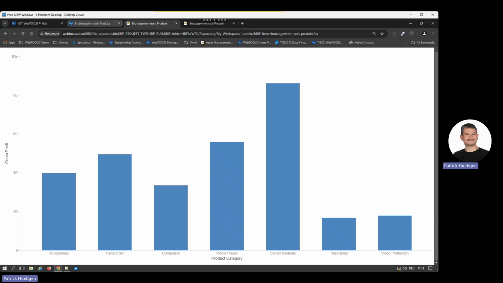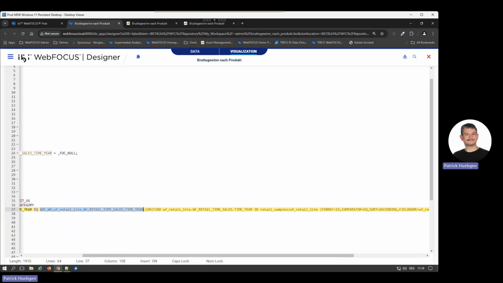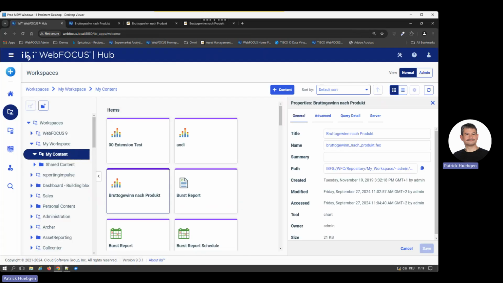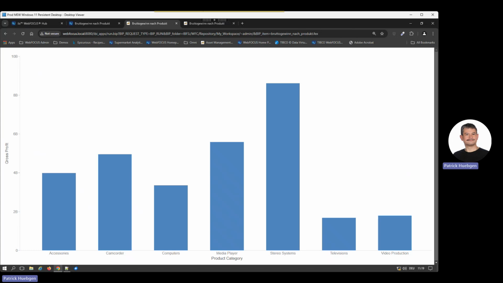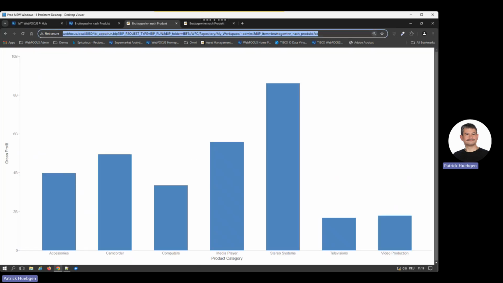Keep in mind, it's not going to bypass WebFOCUS security. I'm logged in, so I've got a valid login. That's why I can run those reports by URL. If not, I would need to sign into WebFOCUS. So let me go for this one here. We got our link. So let me open up